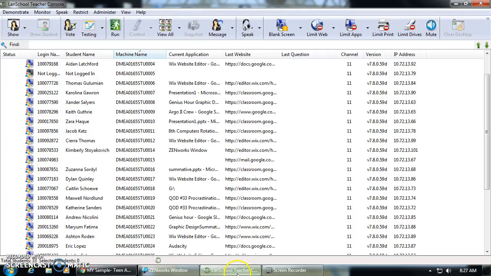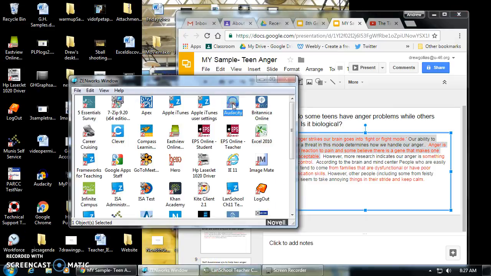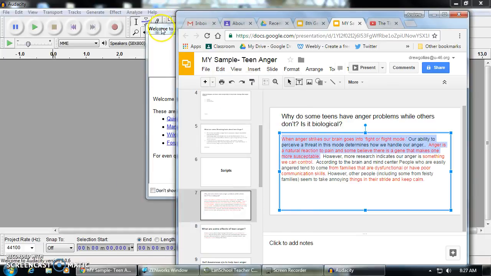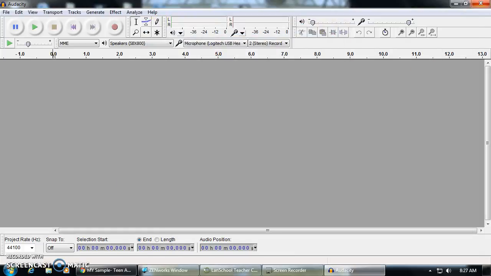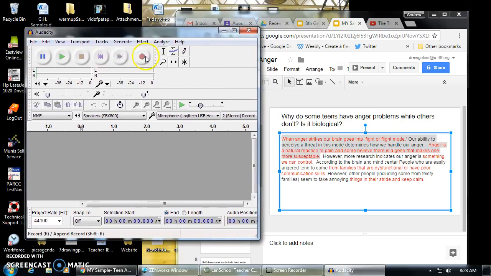can go in and you could open up Audacity by double clicking, and once that's open I can click OK. I'm going to do the same thing. I'm going to minimize this, and now I can set it up where I can hit record and I can still read on the right hand side. And this is a great way to make your recordings where it's a little less stressful, and I've found my students do a great job that way.